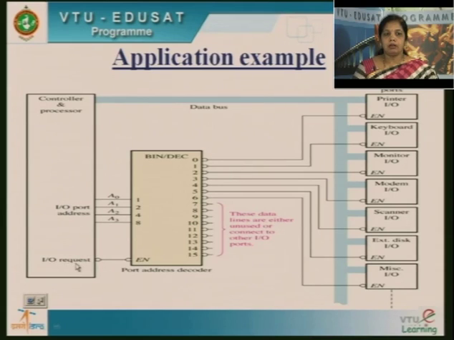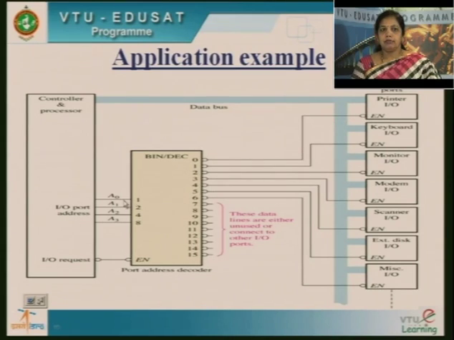The IO request line from the processor requests whichever service it needs. For example, this IO request is connected to enable. Whenever there is a request from the processor, the output of this will be active low. If it is 0, this decoder will be enabled. Whenever I give 0 0 0, you can see output 0 is connected to the printer.